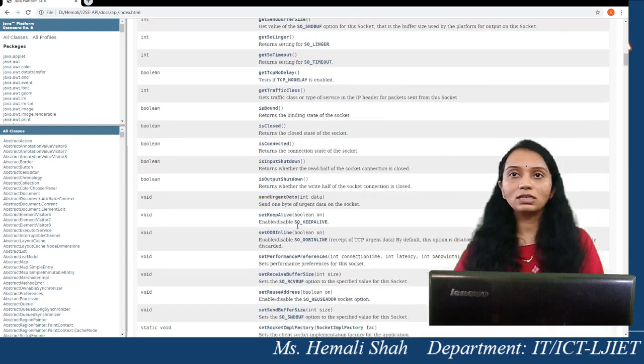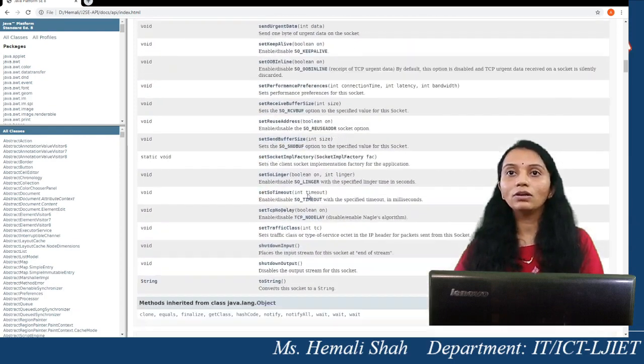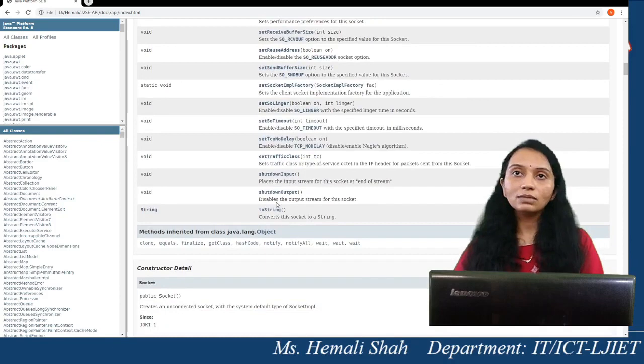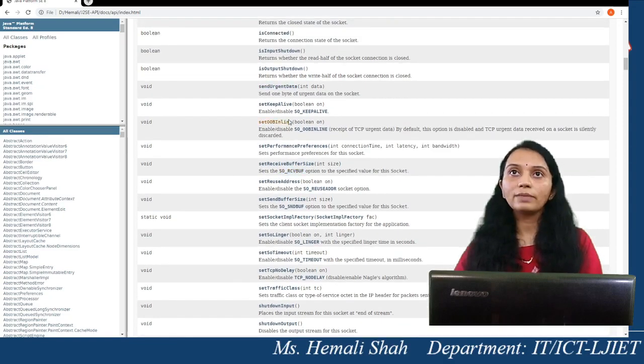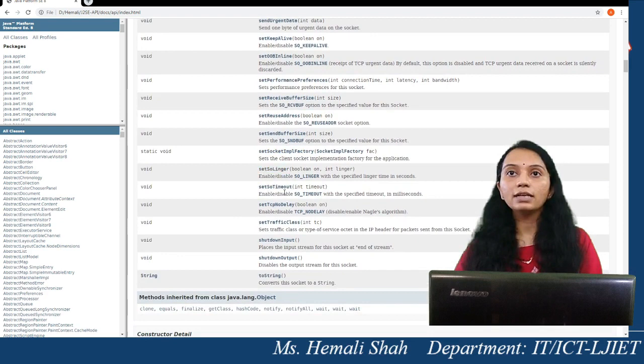isBound, isClosed are all the same as I have already told you, right? toString converts your socket into a string that represents your object. There are more functions: you can set the socket timeout period.